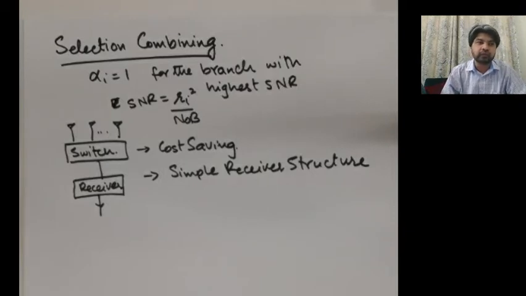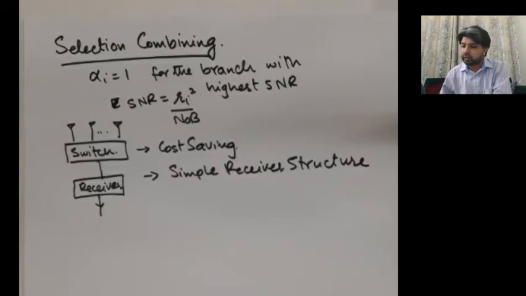There are certain scenarios, for example, if the transmitter is transmitting continuously, then in order to determine the signal to noise ratio on each of the branches, you would require a coherent receiver on each of the branches. So there are variants that depend on the application in which you are using selection combining, right? That should be kept in mind: this kind of simplification is not possible always. So having said that, let's do the analysis.